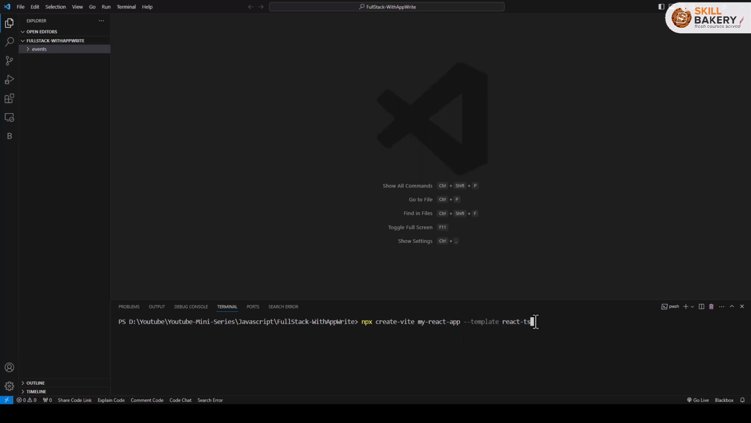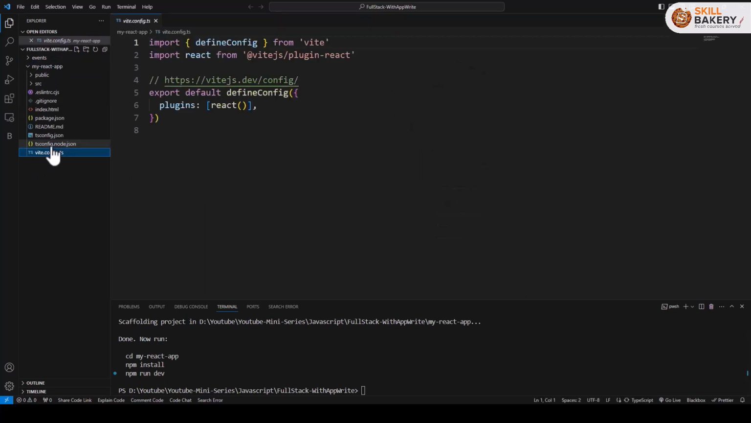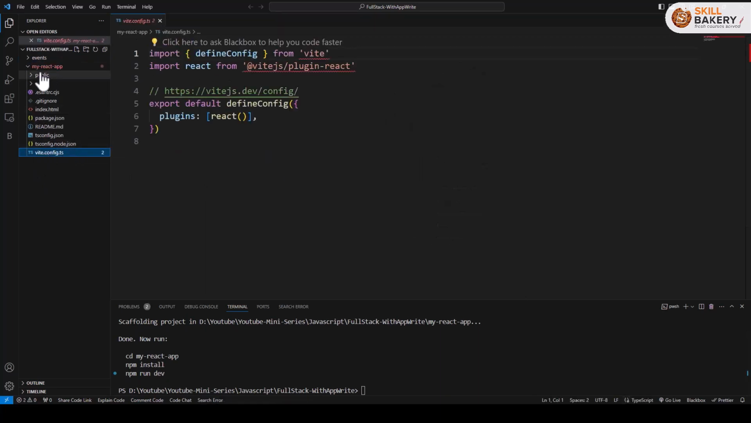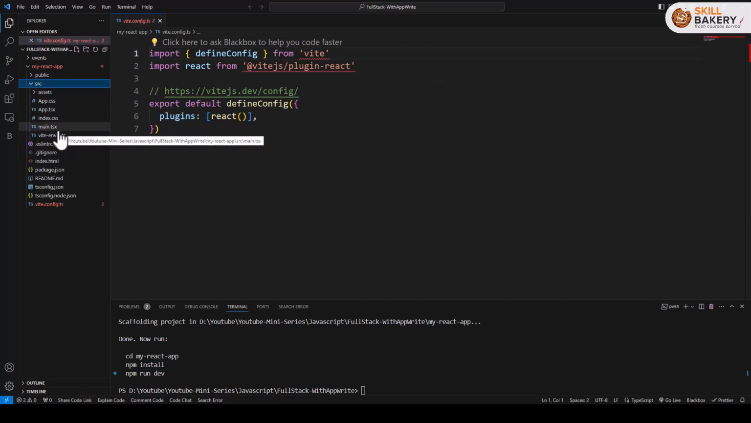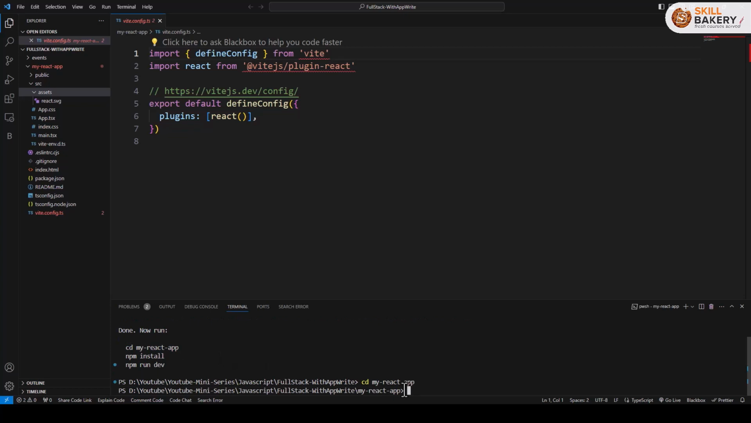So now if I press enter over here, this is going to create a Vite application. And here you can see it has created a Vite application. Here it has the same config.ts file. And if you open up the src, here you have the main.tsx file, the css file, the assets that we need. And now if I go and type this cd my React app and then run npm install,